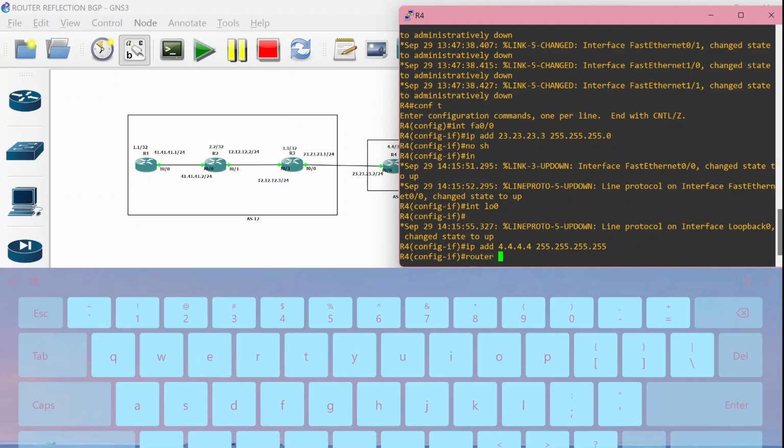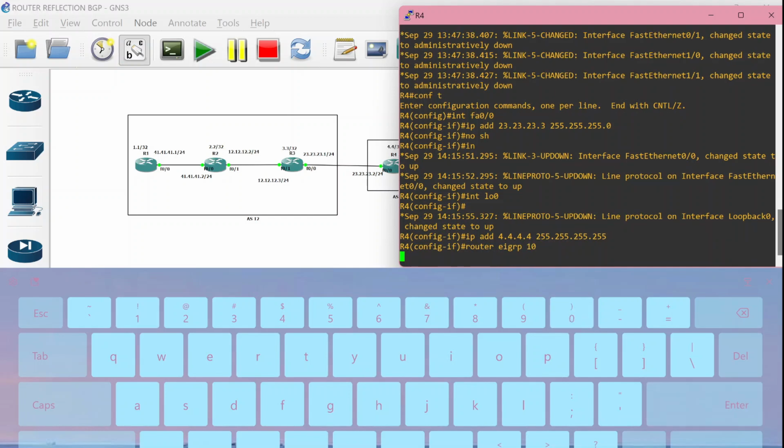Don't forget to configure router EIGRP 10, and don't forget to make a network when connecting to router number 3.